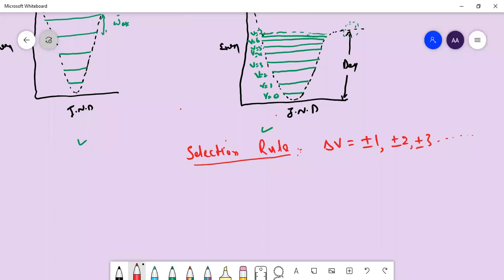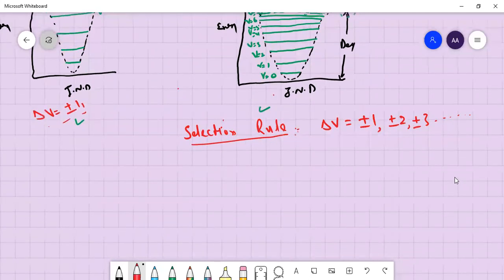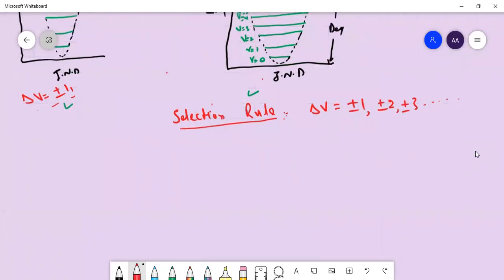However, if we see the selection rule for vibration in a simple harmonic oscillator, the values become plus minus 1 only. So the difference between the selection rule for a simple harmonic oscillator and an anharmonic oscillator is that for the anharmonic oscillator, the probability of transition can go beyond plus minus 1. So let's substitute the value of this plus minus 1 and see what we will get for the fundamental